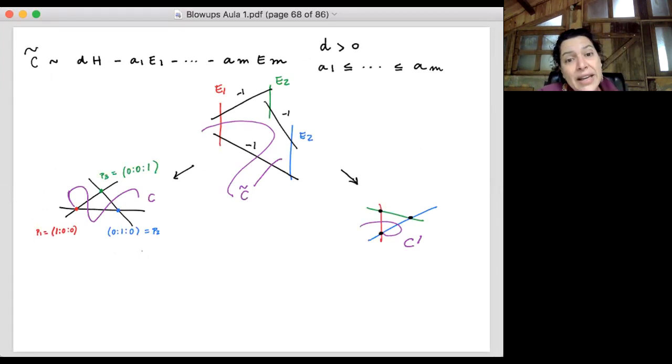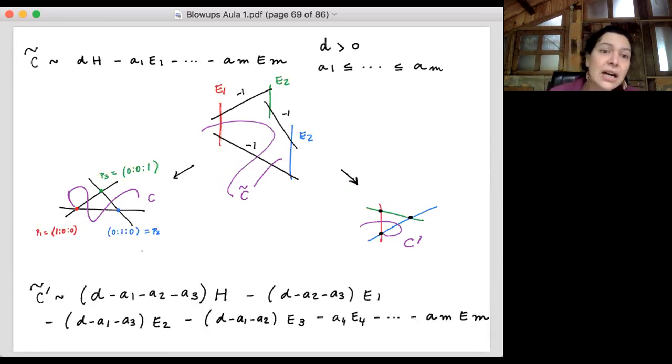And now what I do is the following. Up to change of coordinates, I can assume that the first 3 points, the ones with smaller multiplicity, are the coordinate points (1,0,0), (0,0,1), and (0,1,0). And now let me do the standard Cremona transformation based at these 3 points. If I do the standard Cremona transformation, then the curve that I obtain in this way, the curve C prime,